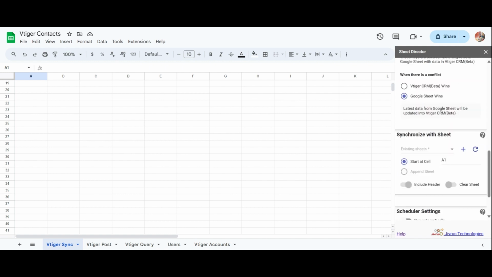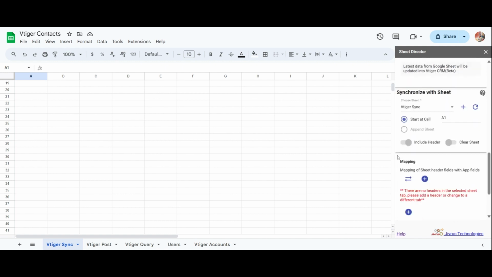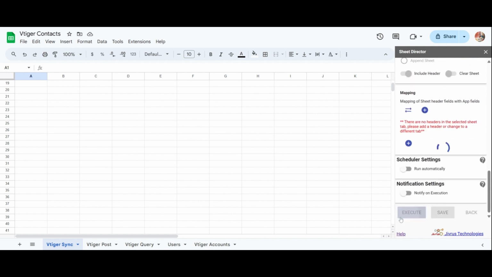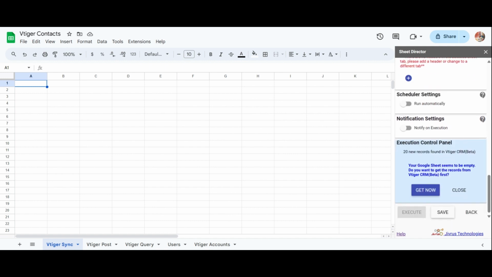Regarding the synchronization sheet, I will opt for the Vtiger Sync Sheet tab, and by default, it will begin from cell A1. After configuring the settings, let us execute by clicking on the Execute button. The execution control panel will appear. If there are no records found in the Google Sheets to synchronize, then the sheet director will get the records